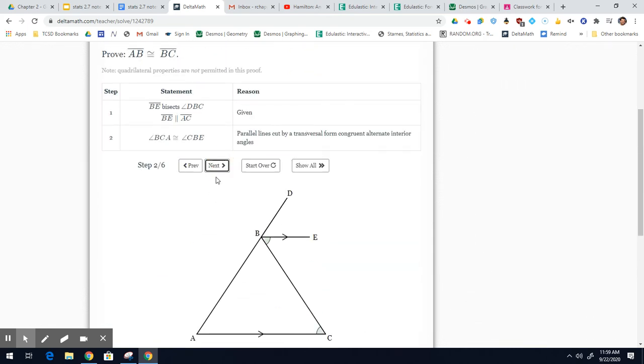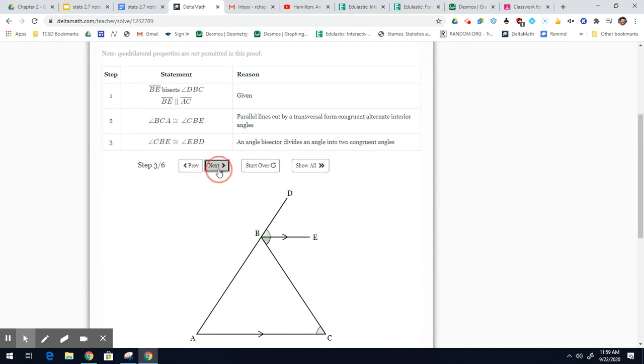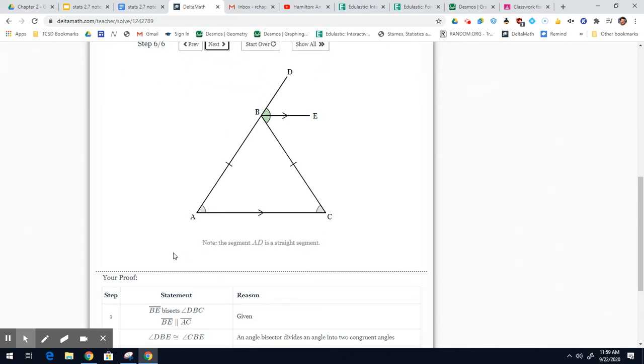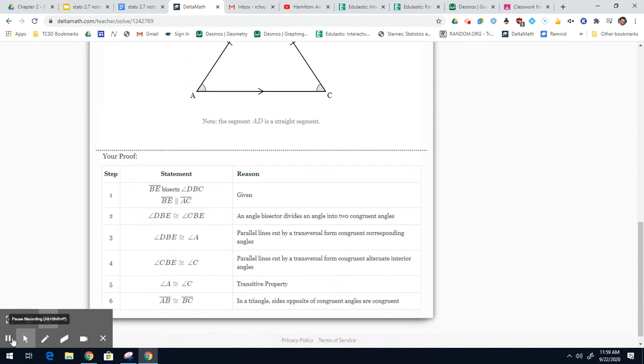And again, I hope it's about the same. Yep, very similar. Cool beans. All right, so there's your proofs. Good luck on these other isosceles triangle